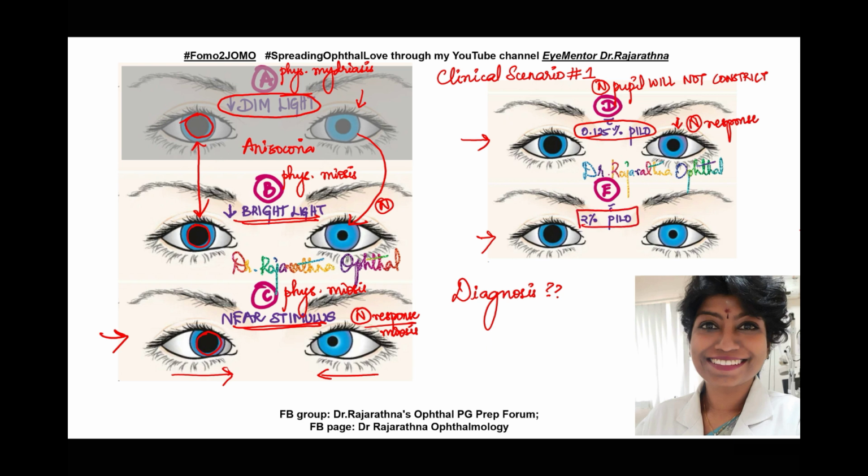2% pilocarpine, that is the normal strength that we use for therapeutic purposes. And to 1% or 2% pilocarpine, a normal pupil would constrict. So a normal pupil will constrict to 1 or 2% pilocarpine. And what do I see on my right side? Absolutely no change in size, still well dilated. And here I see a normal response in the sense that it has constricted.